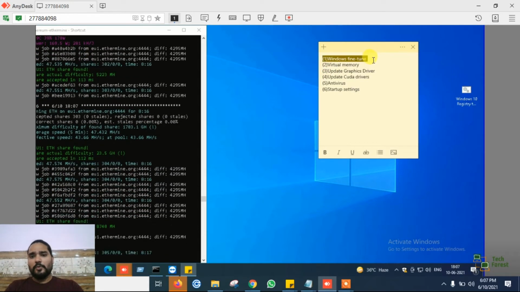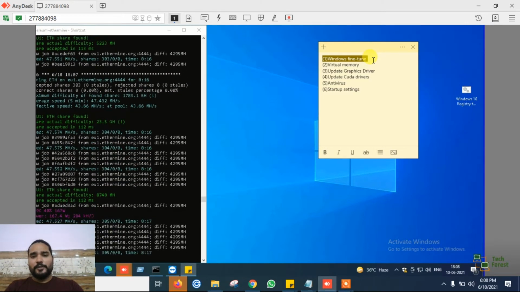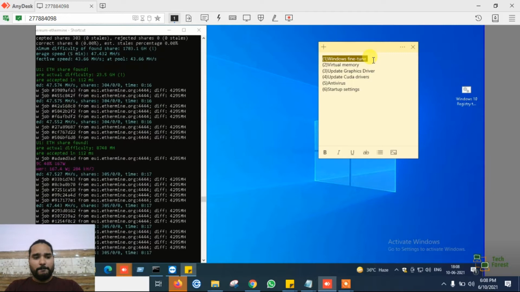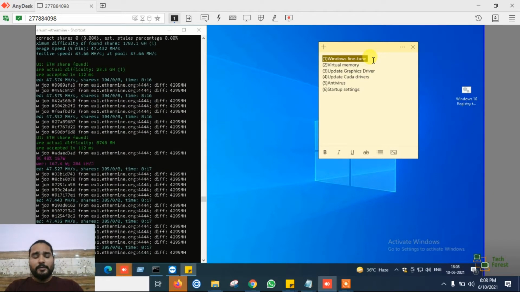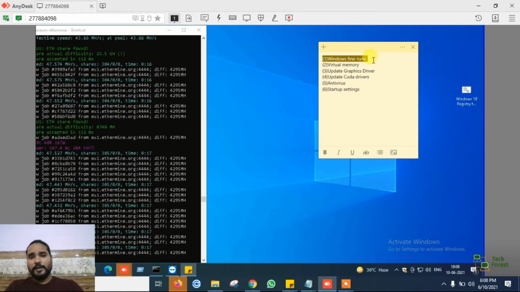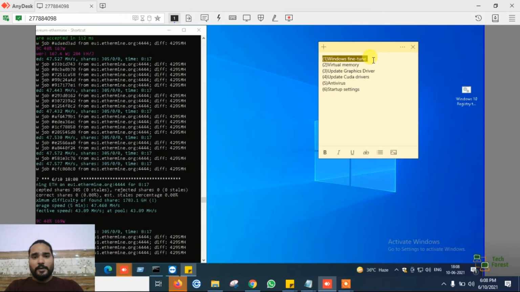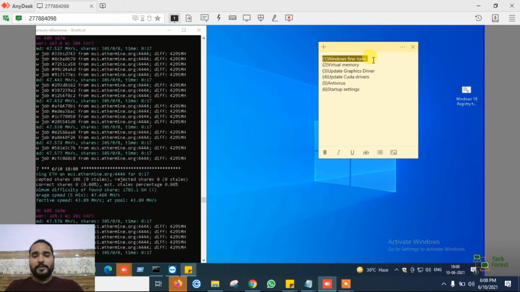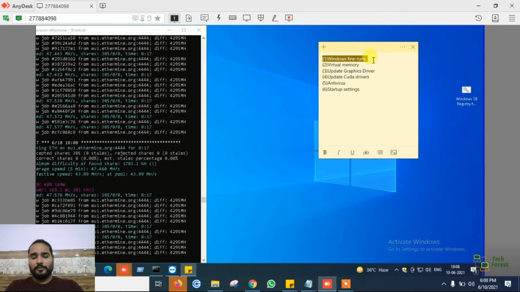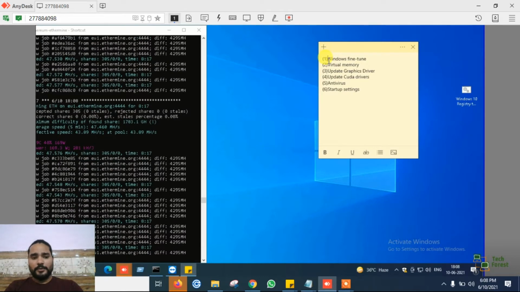Firstly, we will see Windows fine-tune settings. As you know, once we install Windows, it comes with lots of default features like Cortana, Windows Update, and the inbuilt antivirus Defender, and we don't require these. Many games are pre-installed in Windows 10 and we don't require them in a mining rig. These kinds of unnecessary software always consume hardware performance of your computer, and because of this we cannot achieve the highest speed while mining a cryptocurrency. So let's see one by one how we can perform these required settings.